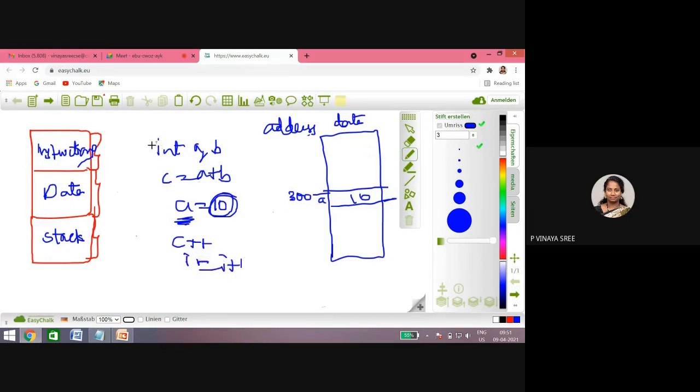Data is the value of i. Inside the i location, whatever the address, you will have 200. So this becomes data. You must know the difference between an instruction and data.